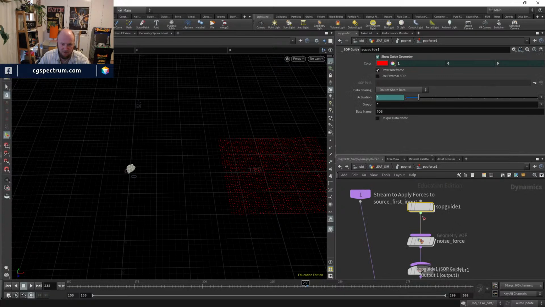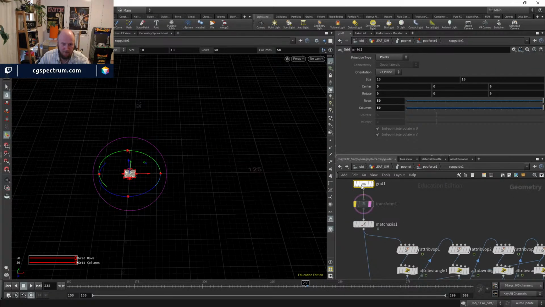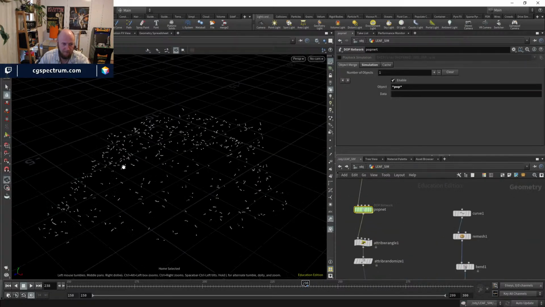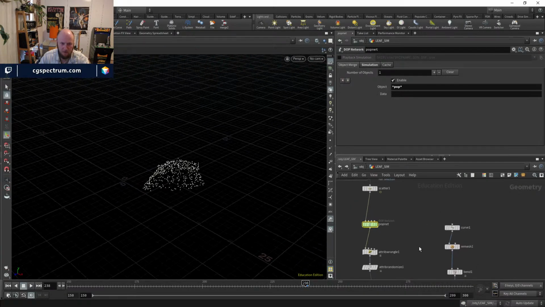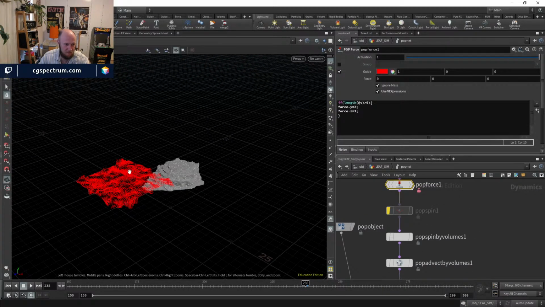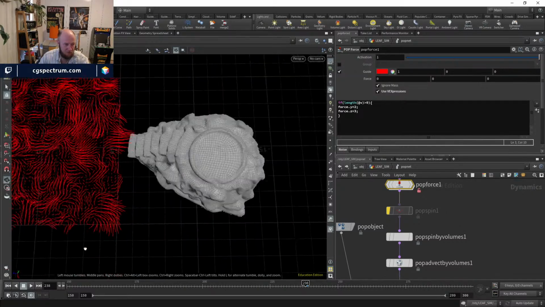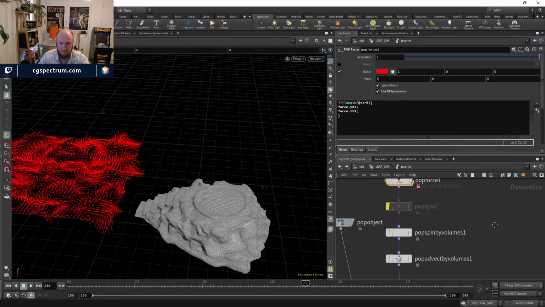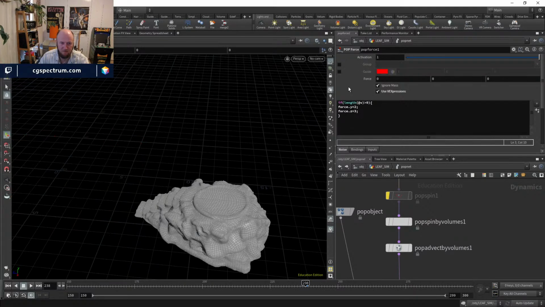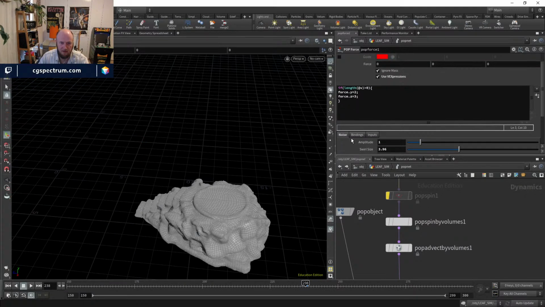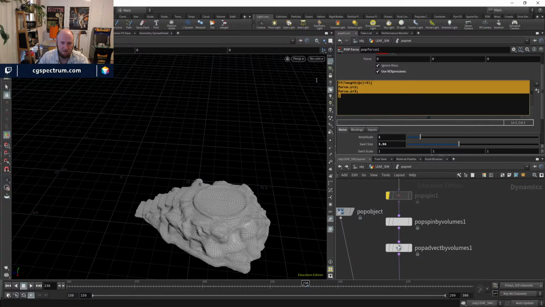Okay, so I've screwed up my SOP guide now. Put it back there. And you can see now that I put all those extra grid divisions in, I can really see what that noise is doing. So I'm going to turn the guide off because it'll be quite slow. And the amplitude, I can do the same thing. So I can copy that,